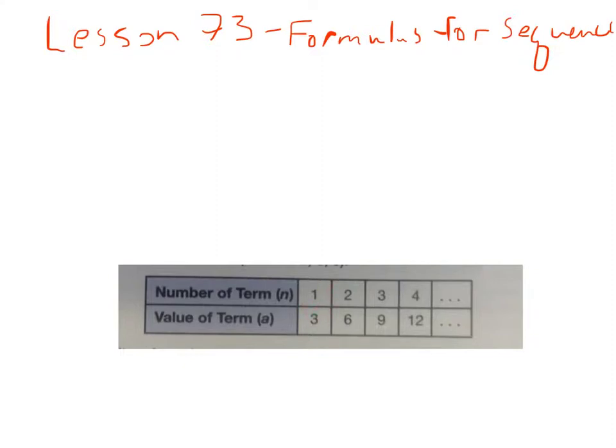You put in a 1, you get out a 3. You put in a 2, you get out a 6. You put in a 3, you get out a 9. You put in a 4, you get out a 12. So what is the formula? Well, it looks like we're multiplying by 3. So we would say the formula here is you put in an n and you multiply that by 3,